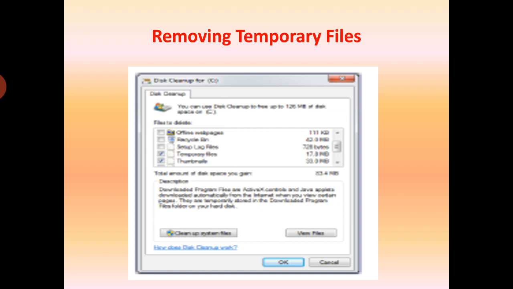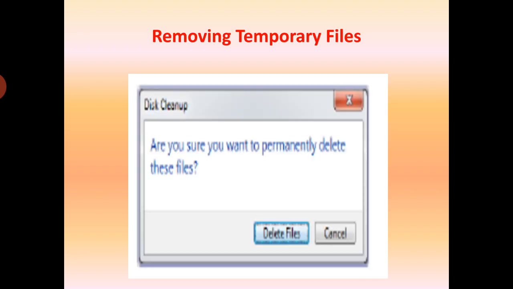The Disk Cleanup for C drive window appears. Click the checkbox next to temporary files, temporary internet files that you want to delete. Click OK. A confirmation message will appear. Click Delete Files. Windows will delete all the temporary files on the computer.